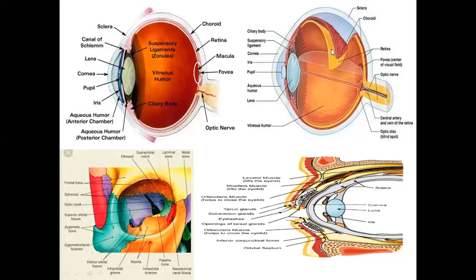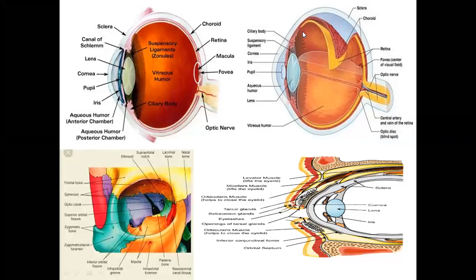The choroid actually moves forward and forms the ciliary body and the iris. So the ciliary body and the iris are actually parts of the choroid. Okay, and after that we have a neural layer. The neural layer also has two parts. One is the pigmented layer and the other is the neural layer. The neural layer, which is the light sensitive layer, stops behind the ciliary body. Up to here, the layers are called the ora serrata.